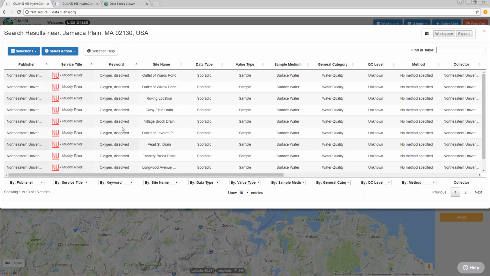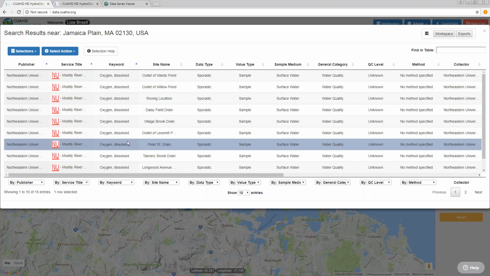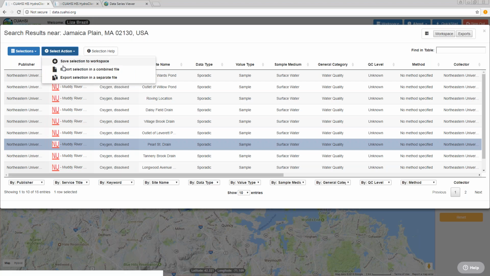Let's just pick some dissolved oxygen. I'm going to click to highlight that data series and do something with it. I can either export this data right now to my local computer as a CSV, or I can bring it to my workspace.